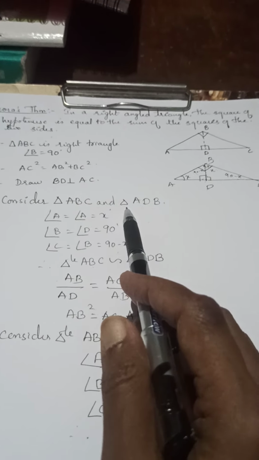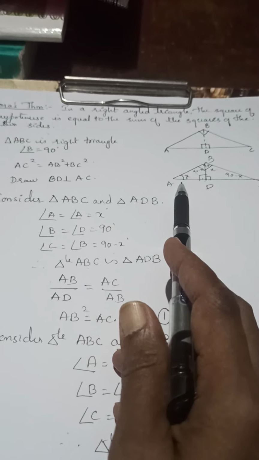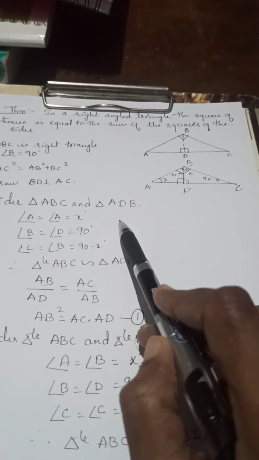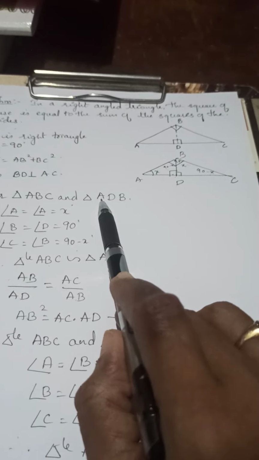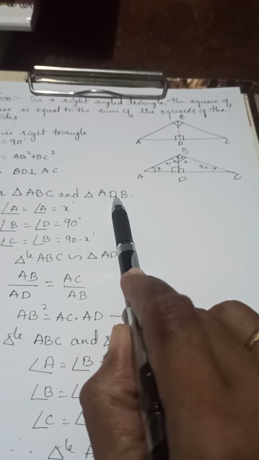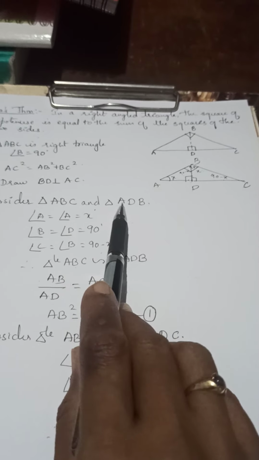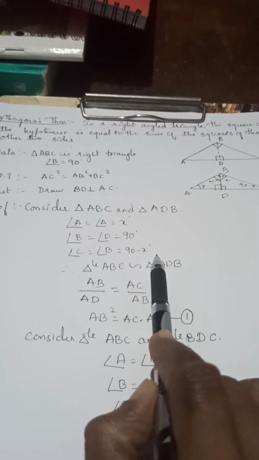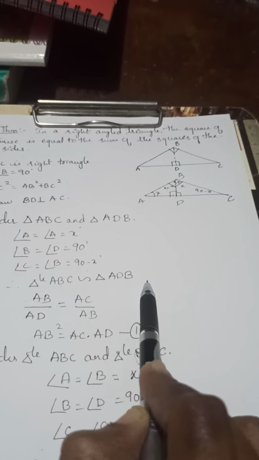So we have three triangles here. Triangle ABC and triangle ABD. Angle A is equal to angle A, that is X. How should you take these alphabets? Very important, children. First we'll write ABC. But when writing the smaller triangle, here A is the first alphabet, here also you take it as first alphabet. Then B is 90 degree, so D is also 90 degree. Take it like that, and then the remaining angles. So when you are comparing, it will be easy for you. A is equal to A, X. B is equal to D, 90. C is equal to B, 90 minus X. So triangle ABC is similar to triangle ADB.